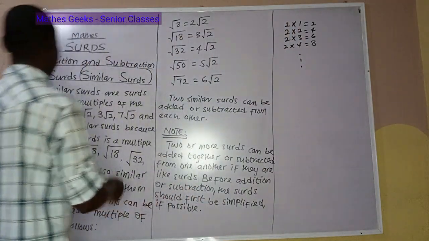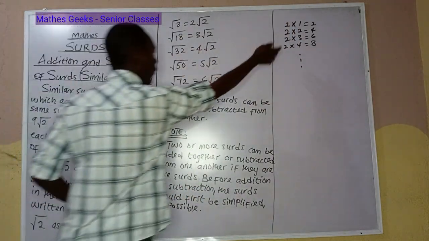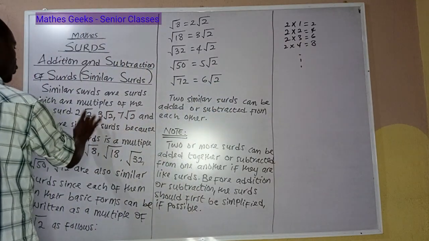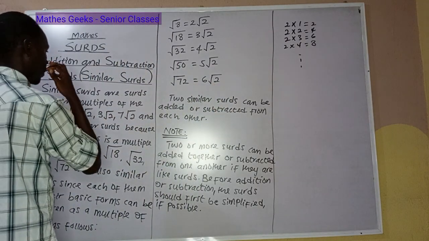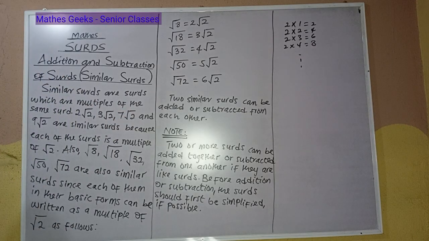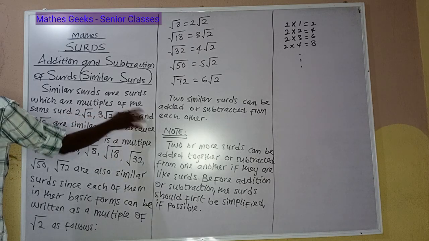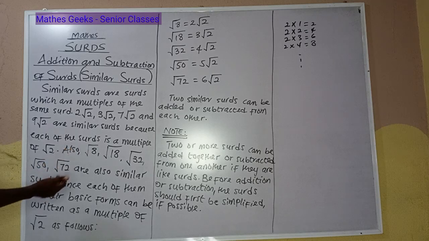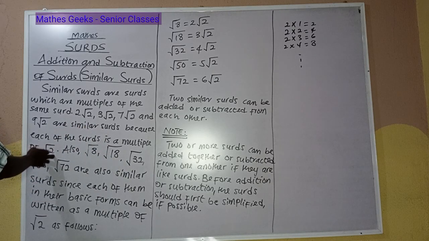So what we have here is the same thing. You can see that where we have 2, 3, 7, we have root 2, root 2, root 2. So 2, 3, 7 are simply multiples of root 2. That's what we mean by multiples of a surd. Then what we discover is that 2 root 2, 3 root 2, 7 root 2, and 9 root 2 are similar surds. Why? Because each of them has the same surd, which is root 2, the multiple. So also root 8, root 18, root 32, root 50, root 72 are also similar surds, since